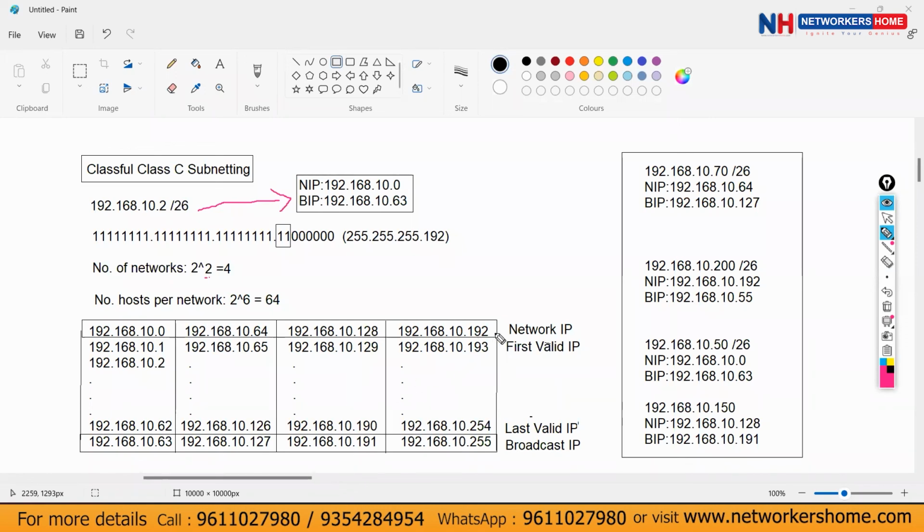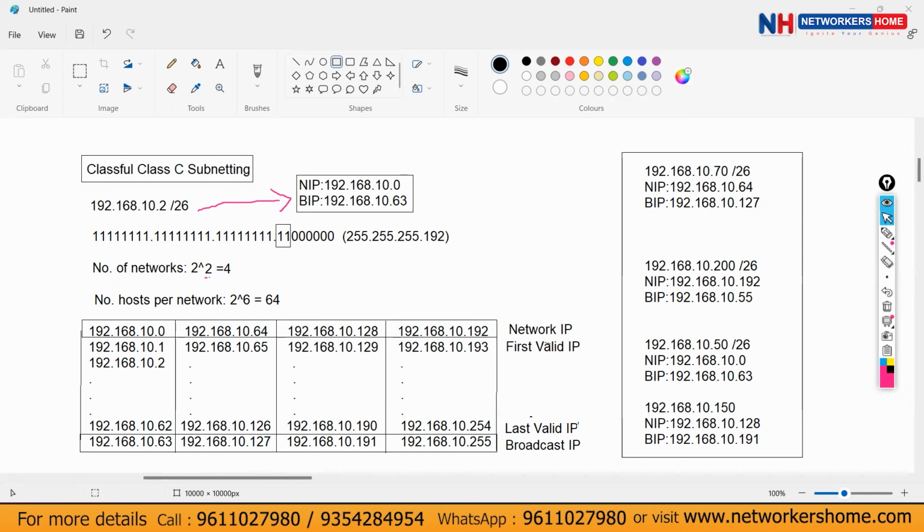For the 192 network IP, the range ends at 255. All the IP addresses in between this range are valid to assign to hosts, PCs and laptops. That's all. Tomorrow we will be seeing only examples of these things.